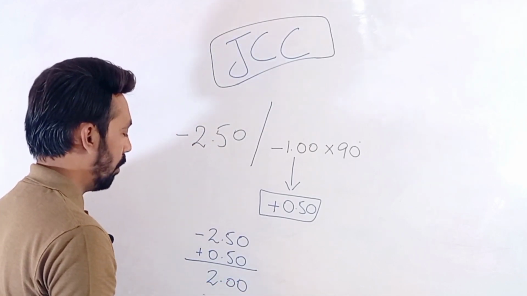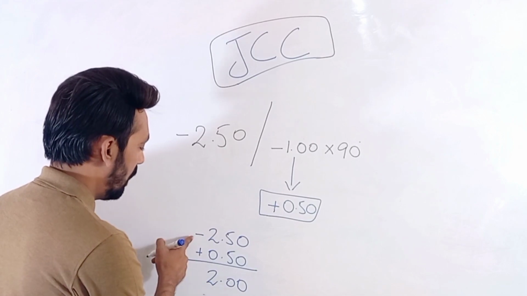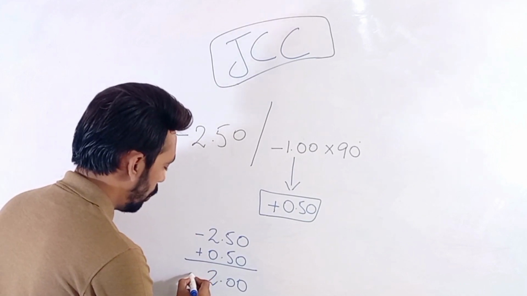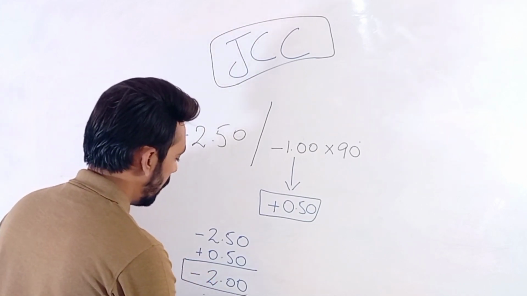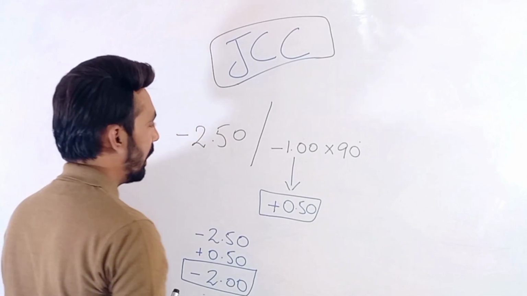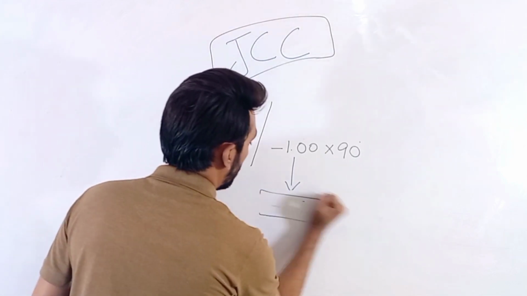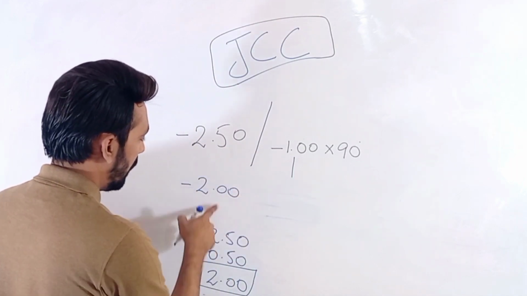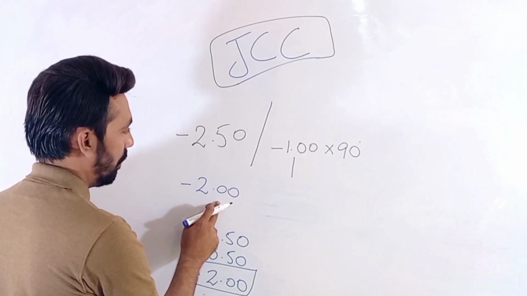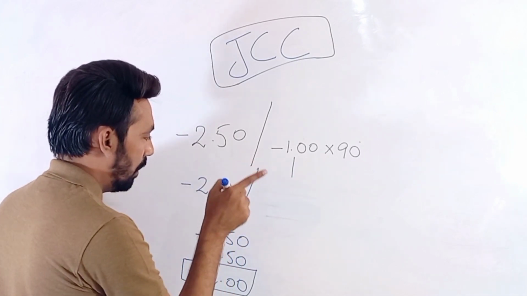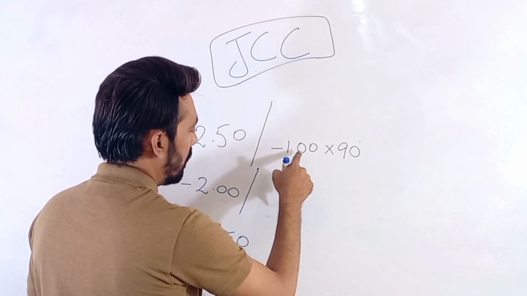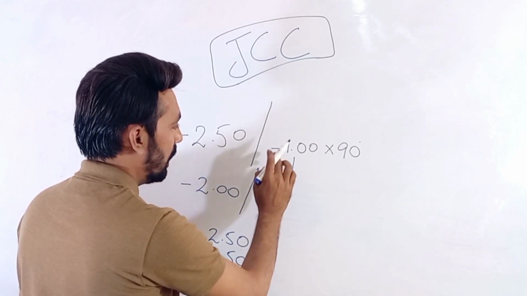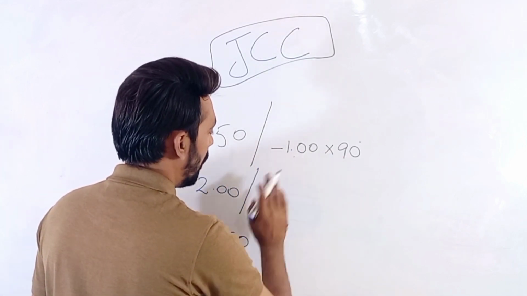Our new spherical correction would be 2.00 spherical, and the sign would be minus because the bigger value is with the minus sign. So -2.00 is our new spherical correction, and the new prescription would be -2.00 spherical, because we have changed the spherical correction with the spherical equivalent. And you have to remember that the cylinder and the axis would be the same. We will not change the cylindrical correction and its axis. We will write it as such.